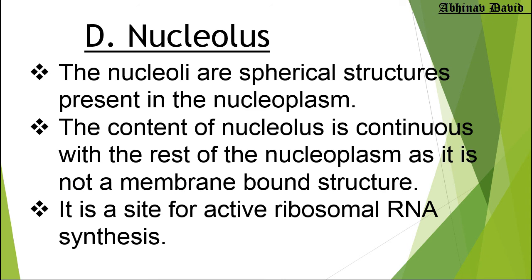So what are the things about the nucleus we have learned today? Let us recall quickly. So we have studied the different parts of the nucleus. Now the nucleus is a structure which is present in the eukaryotic cell. We have studied that the nucleus contains the nuclear membrane, nucleoplasm, chromatin, and the nucleolus. Okay, I hope you have understood this topic.